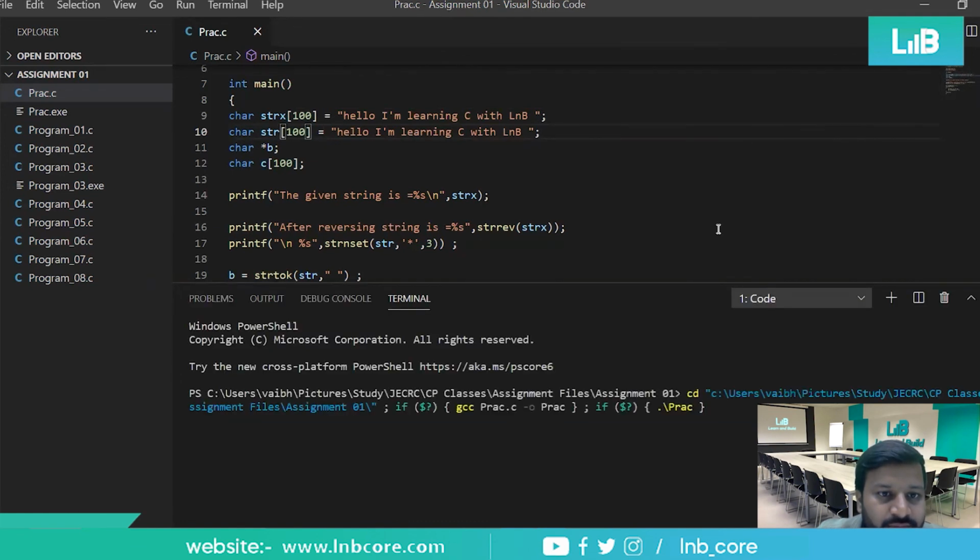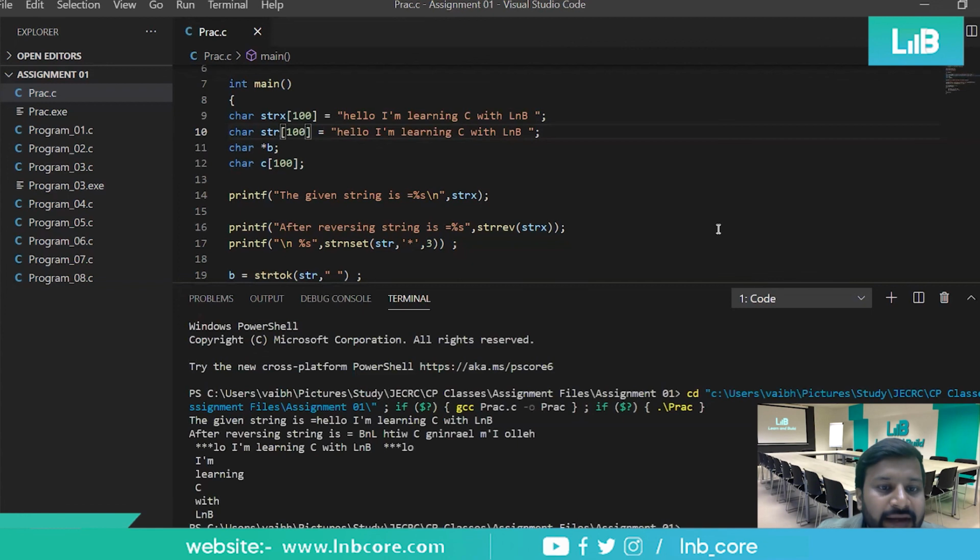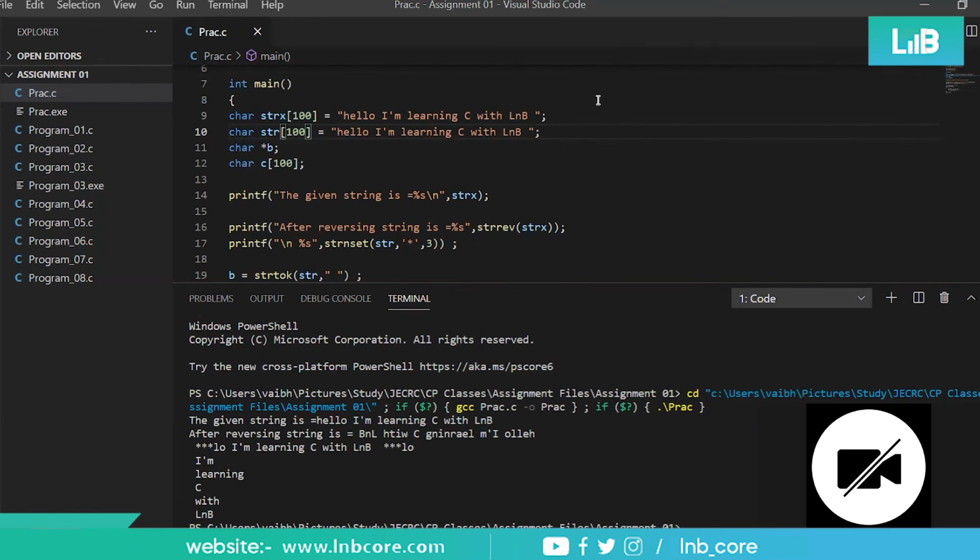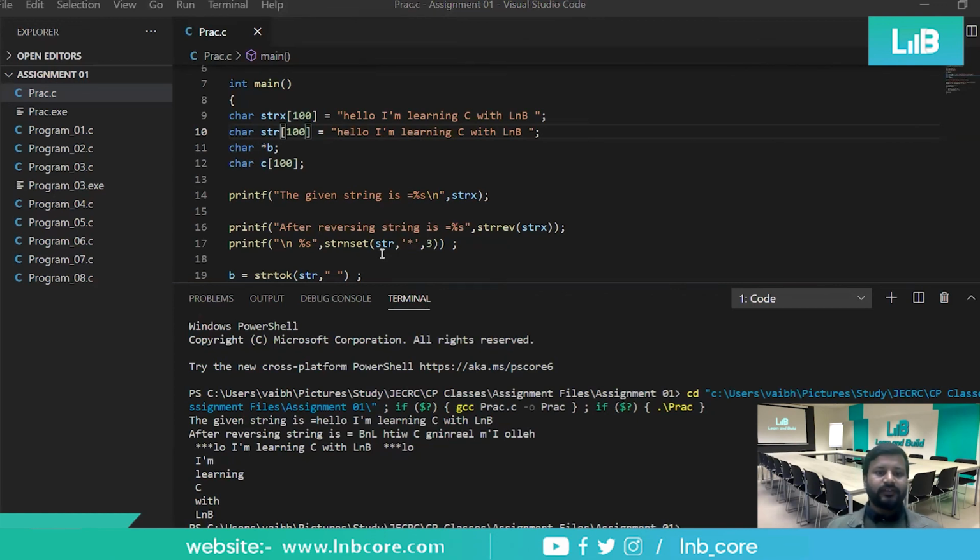Now this is okay, because you have already made 3 letters of str as asterisk. Yes or no? In the 17th line, yes. You have converted that into asterisk basically, and that is the reason. And try to put that backslash n after percent s.